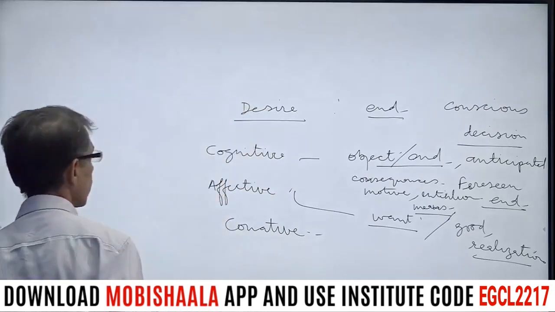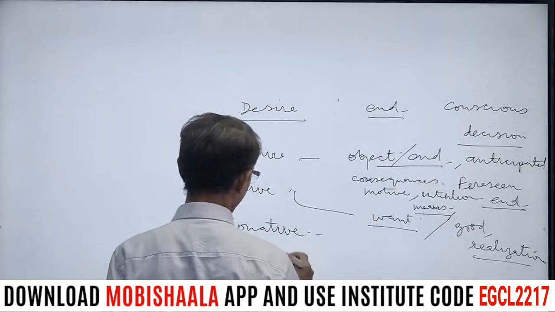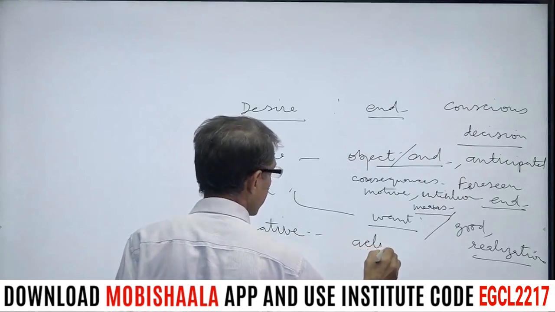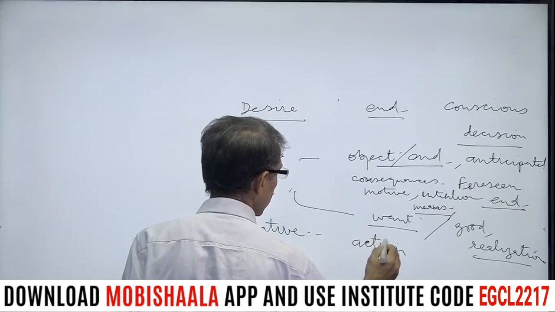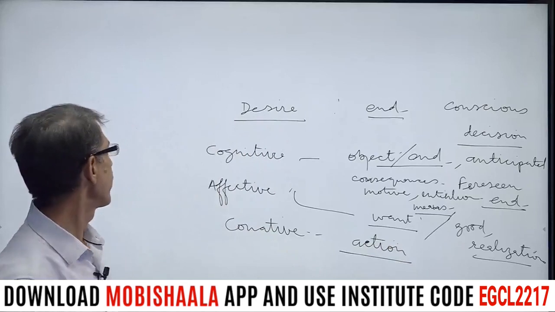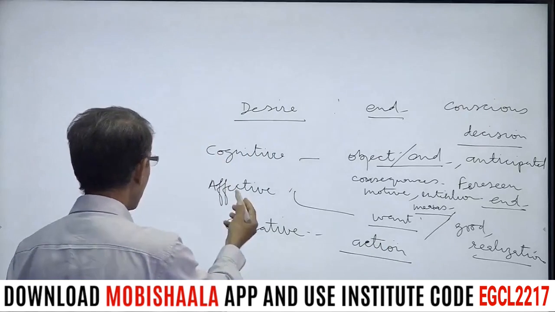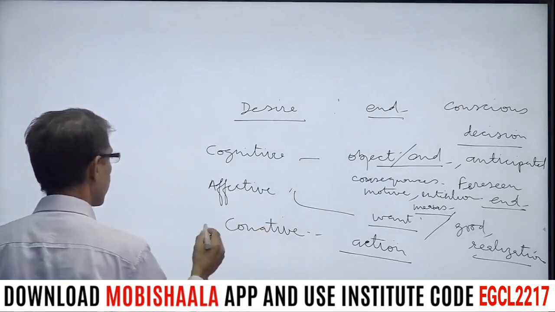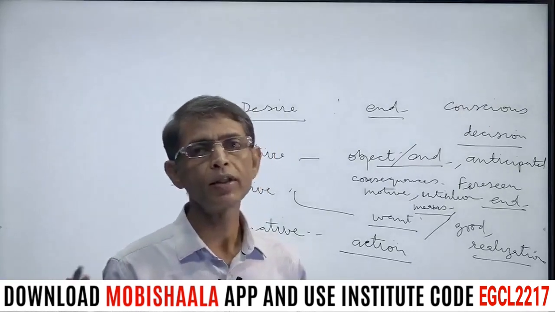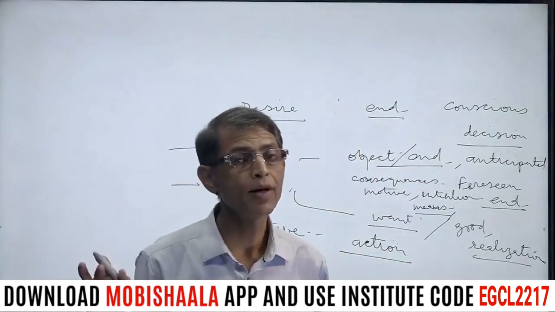So this is the affective aspect, and the third one is conative. Conative is a matter of action. It's a matter of knowing, a matter of feeling, and a matter of willing. Now, this is willing, and as you know, the will is defined as when the self is in action. That's why your will is defined as self in action, not deliberation.